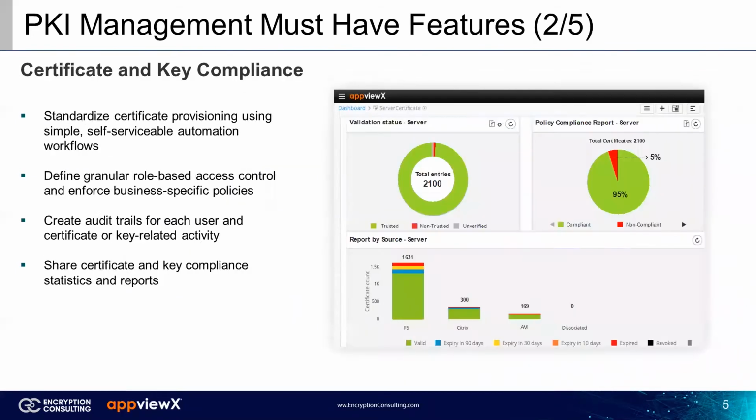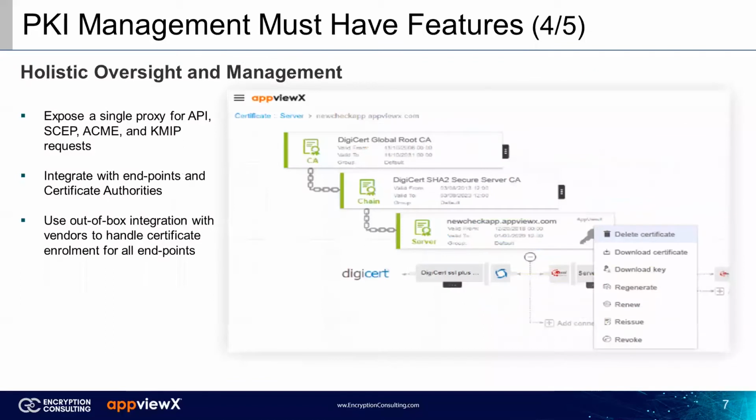Did I skip one? Yeah, we're on 4. So the fourth item, the holistic oversight and management. I had mentioned this on topic number 1. This is an explanation of that view, which I mentioned as a holistic view, where you're seeing the chain of trust from the root, intermediate, and actual certificate instance itself, as well as the logical association to